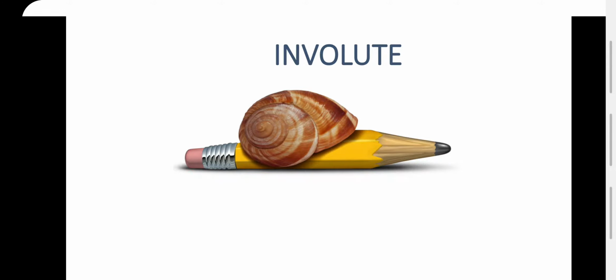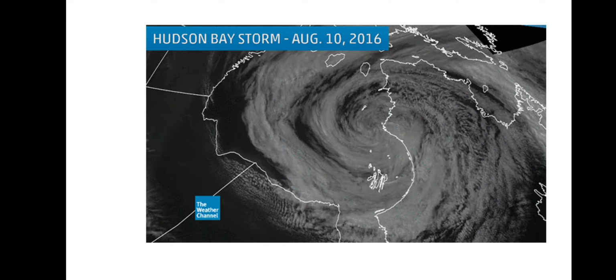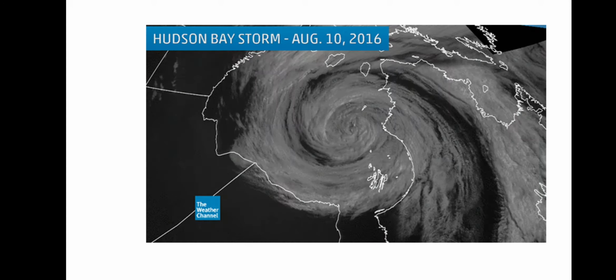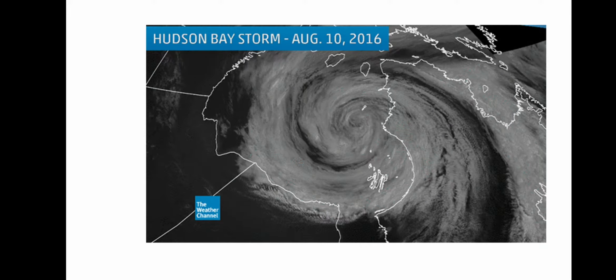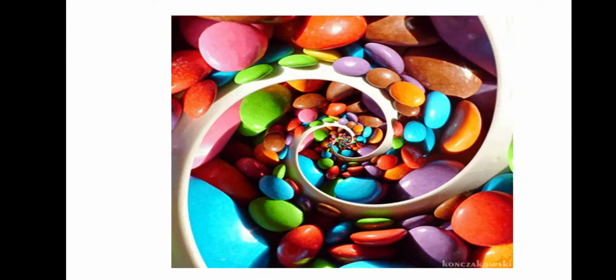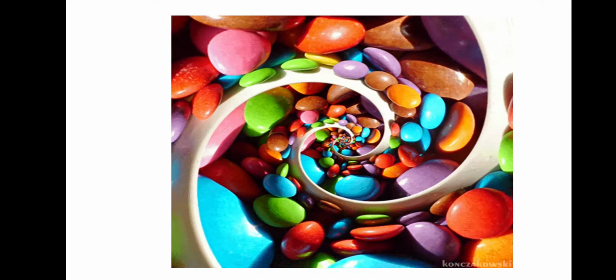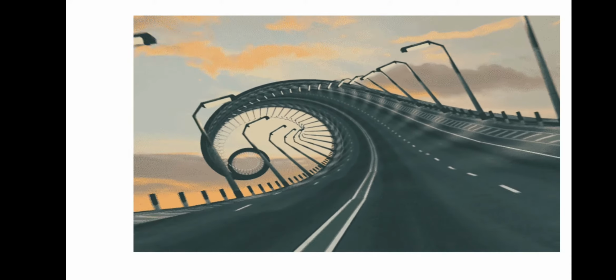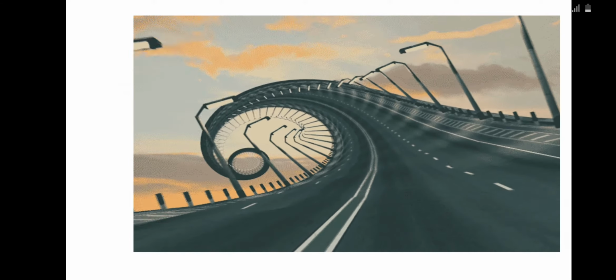Now we are going to discuss involute. So involute is like our cyclone. See the cyclone structure. During a cyclone, we used to see this type of cloud. An example of involute, like this animation, is shown in our house washing machine, where the water and clothes mix together. We see it day to day in our house also. So this animation shows involute.